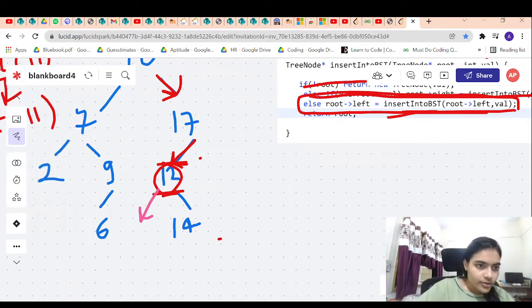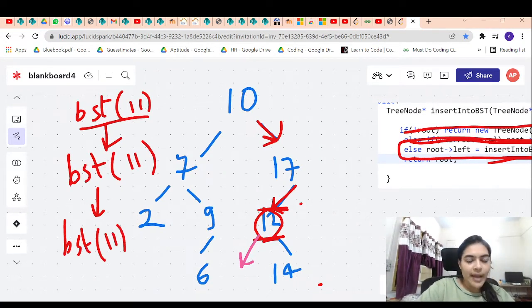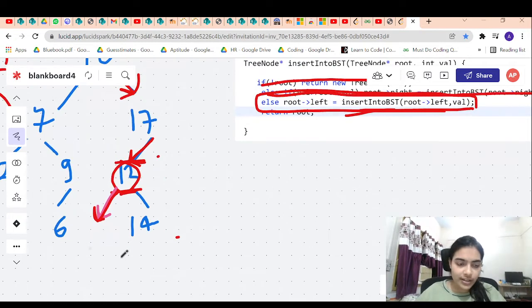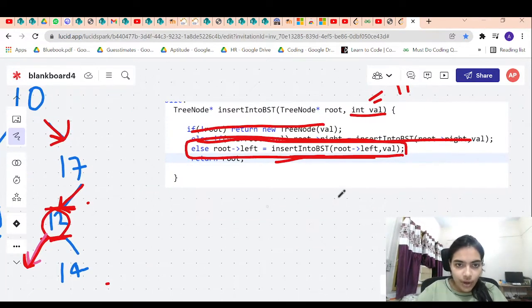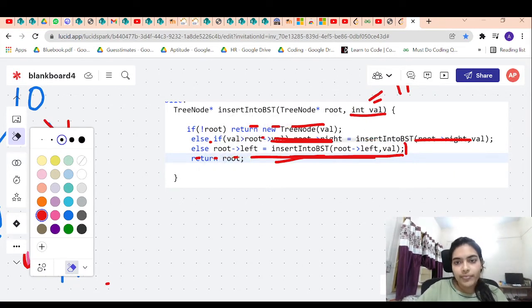We are making the third function call. I'm just noting down the function calls. This will happen in the stack. So I'm making the function call again. Now when I come to this function call, the root is null. Let me erase this. So when I come here, the root is going to be null.